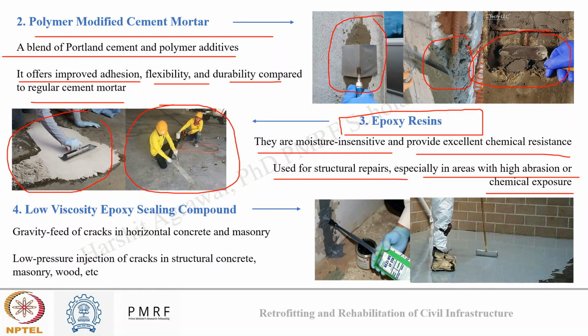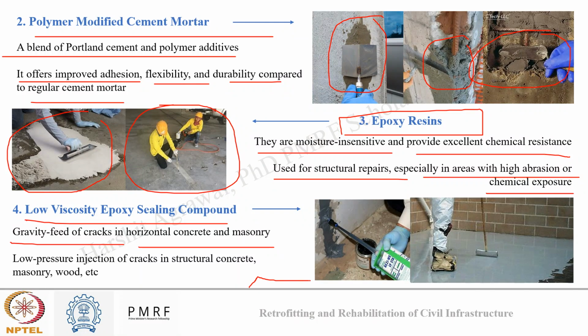Right now I will just tell you it is an epoxy resin which is used to repair the crack. Okay. Apart from this, there is low viscosity epoxy sealing compounds which are also used. These substances are generally used as a gravity feed for cracks in horizontal concrete and masonry to support